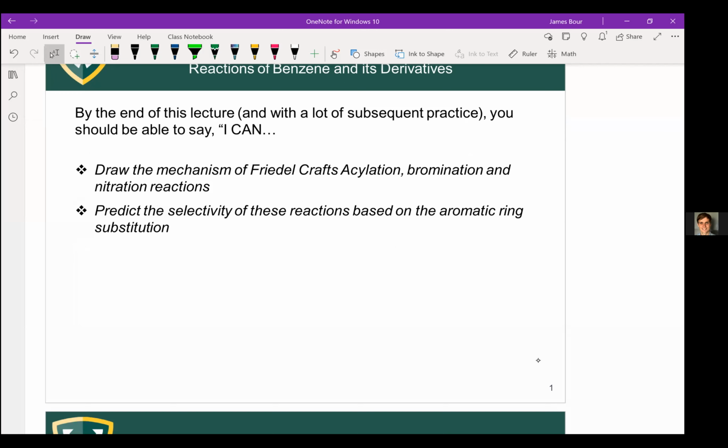The unifying feature of these reactions is that they are electrophilic aromatic substitutions. So there's a lot of conceptual similarity, but the products are quite different. Once you've learned one, you've learned the others. Secondly, you should be able to predict the selectivity of these reactions based on the aromatic ring substitution. Again, this is something we covered on Friday. We're going to go through these reactions again and talk about how resonance effects can induce various selectivity in the